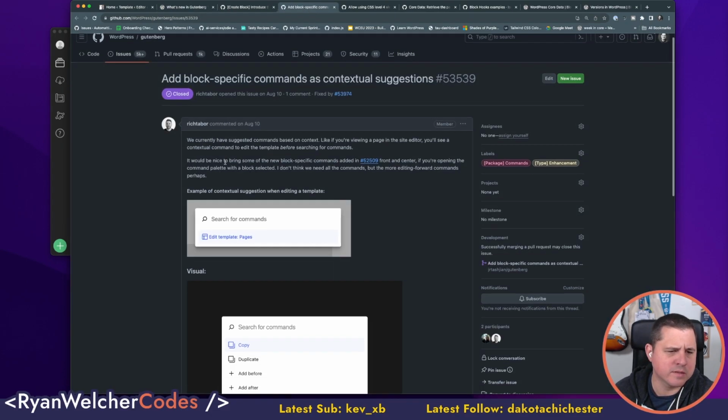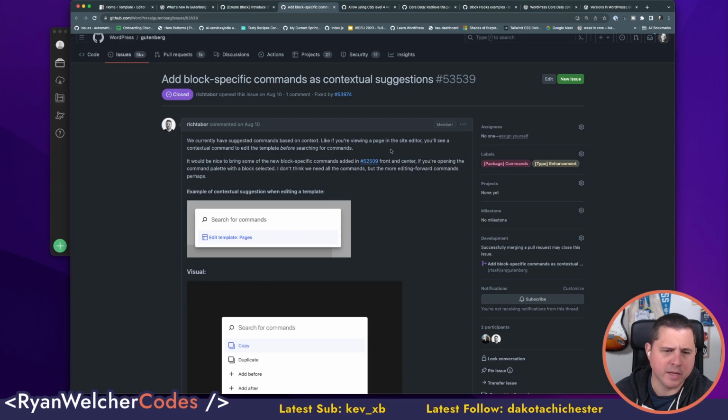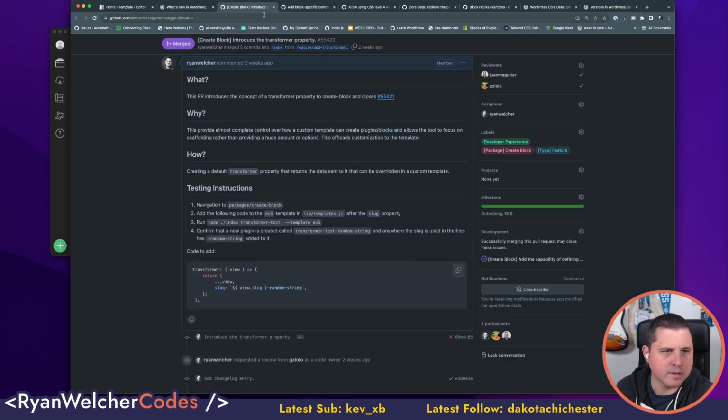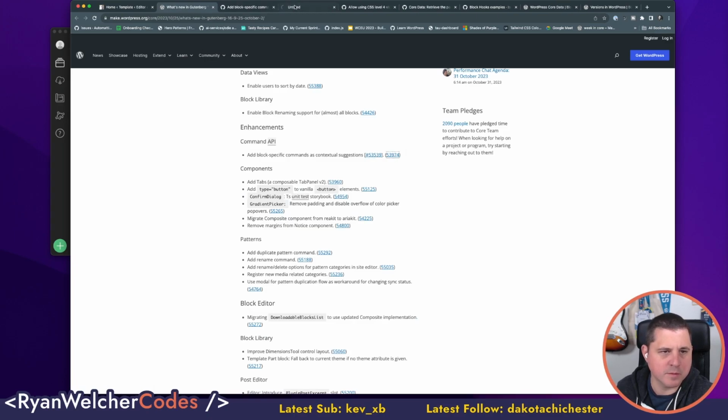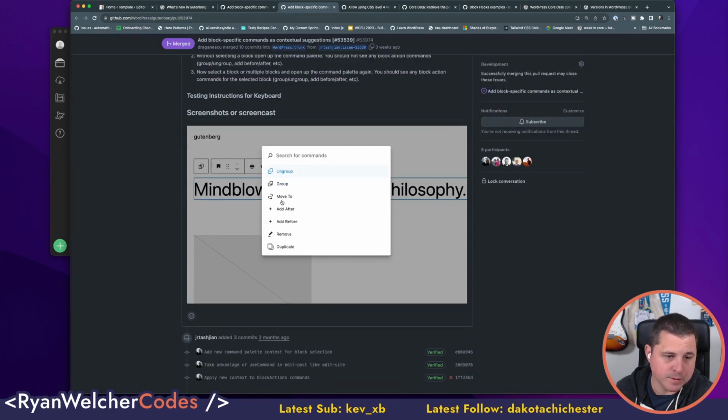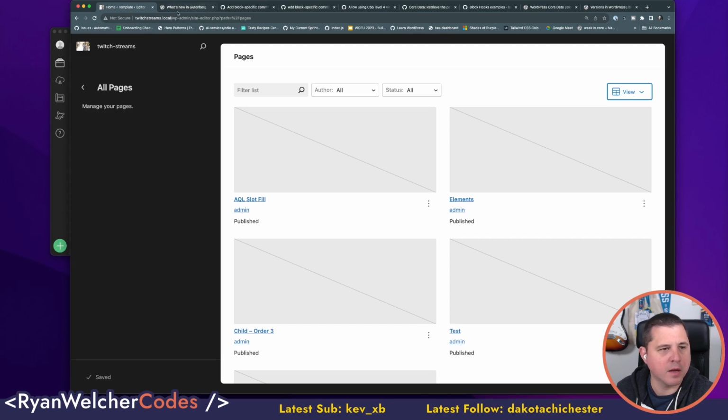Currently have suggested commands based on context. Like if you're viewing a page in the site editor, you'll see a contextual command to edit the template before searching for commands. It'd be nice. Block specific commands. So if you're opening a command palette with a block selected, we don't need to. Oh, that's neat. Okay, and so then that's not it. Where's this? Then this must be the PR for it. That's a cool idea. So you search the thing. Oh, okay, cool. So if you're selecting a block,